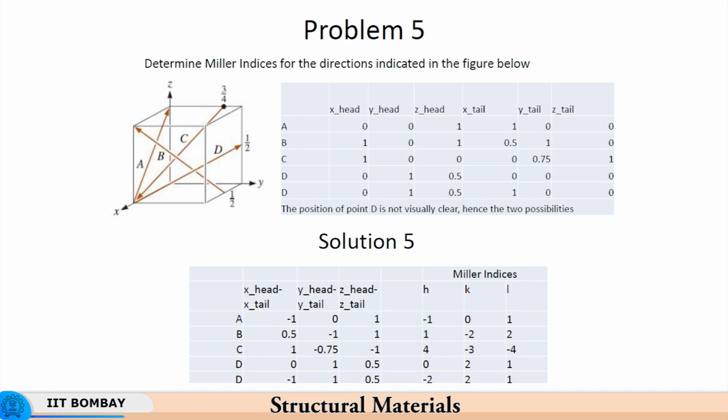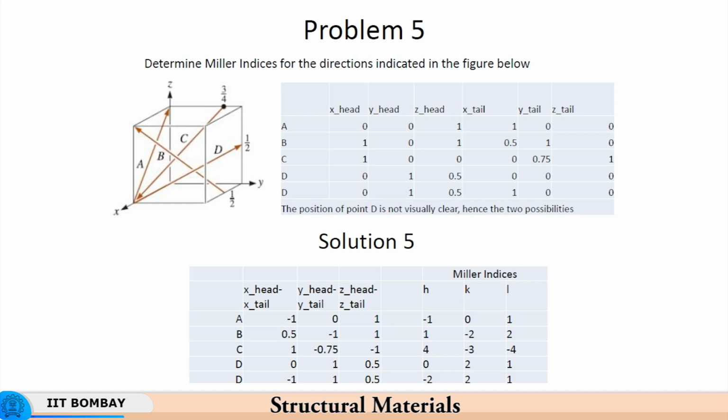So, basically we need to identify the coordinates for the head and the tail, and then subtract the coordinates of the tail from the coordinates of the head. So, you have these coordinates which have been identified based on this figure, and you get therefore the Miller indices as -1, 0, 1. So, this will be bar 1 essentially, bar 1, 0, 1. For B it is 1 bar 2, 2, C it is 4 bar 3 bar 4, D it is 0